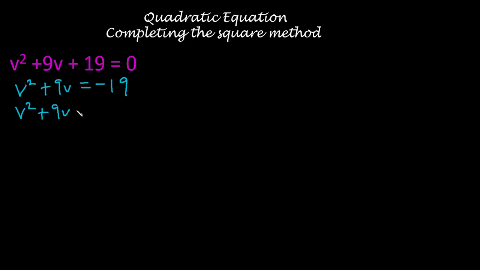This 9 we divide by 2, so we say 9 over 2. Then we square it, is equal to minus 19. Now, whatever we do to the left hand side in mathematics must be done to the right hand side. So we are going to add 9 over 2, everything bracket square. Going with this, if you now want to write the square root of this and square it,